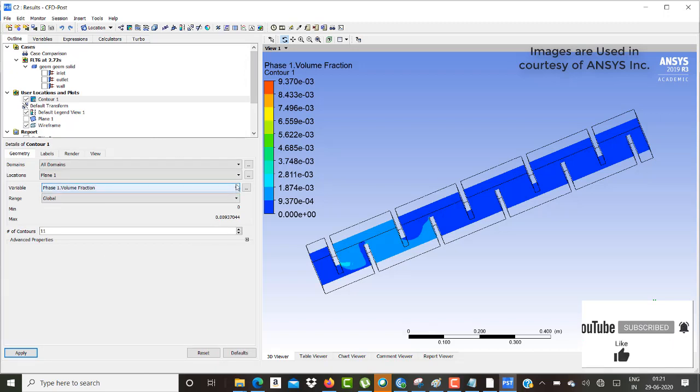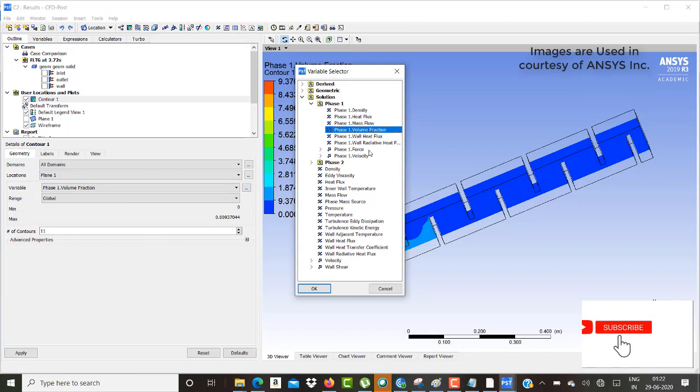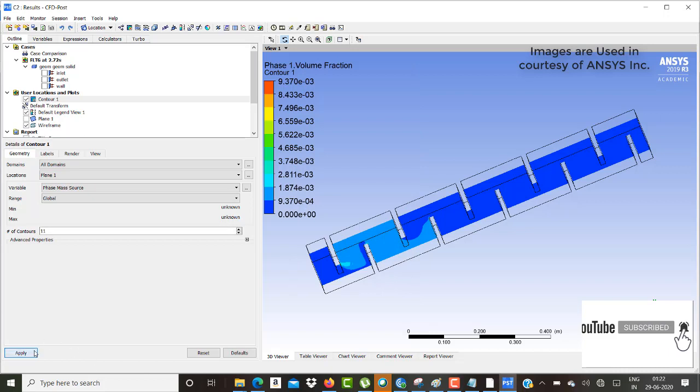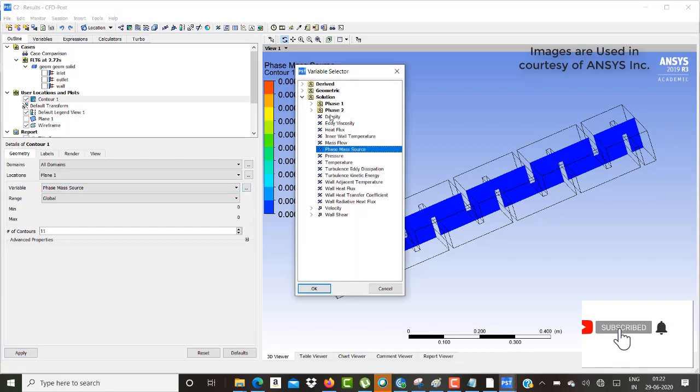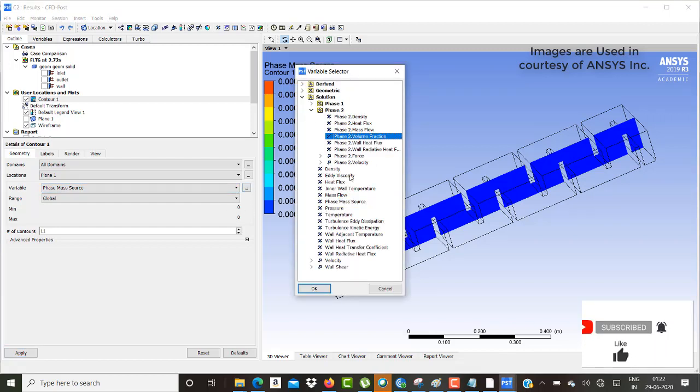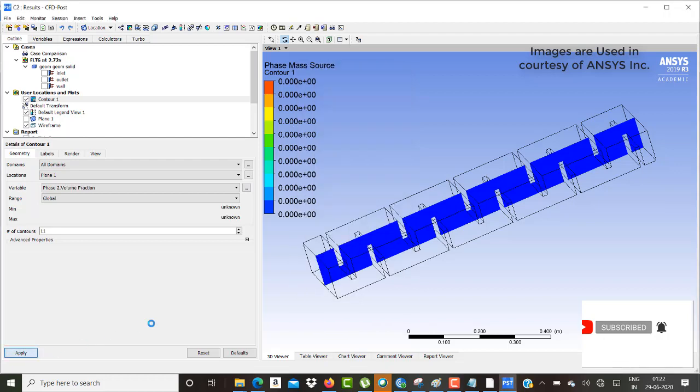Similarly, you can have a look over phase 2, which is water vapor plus air. I'll show you the phase mass. So phase 2 volume fraction. Oh, I think it's not the correct one. Yeah, here it is, phase 2 volume fraction.